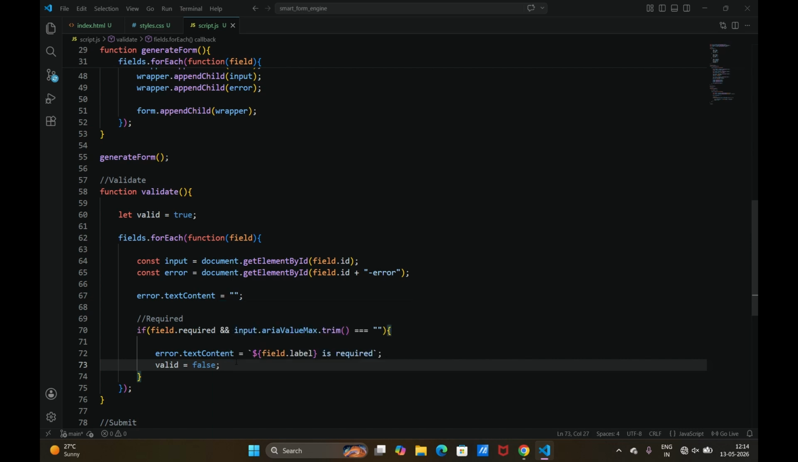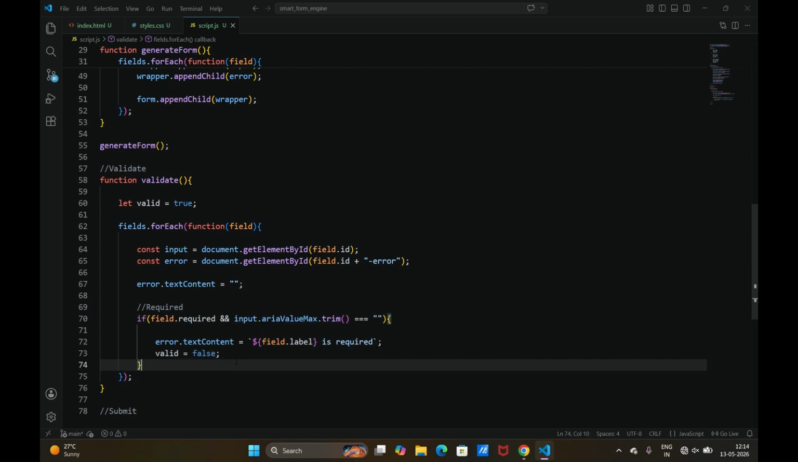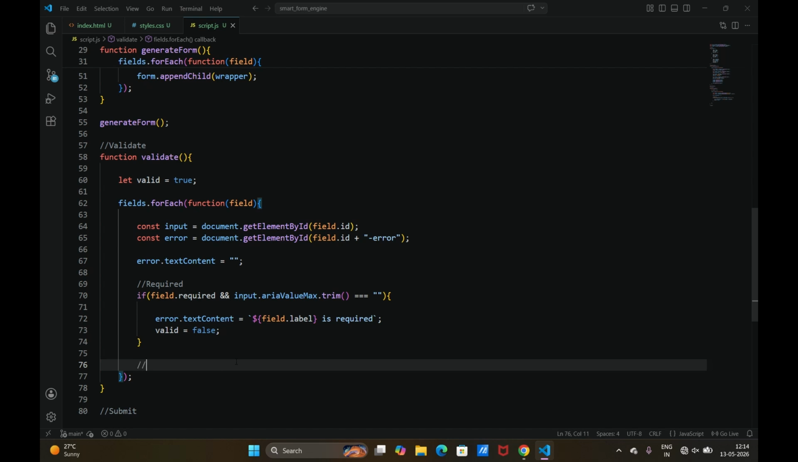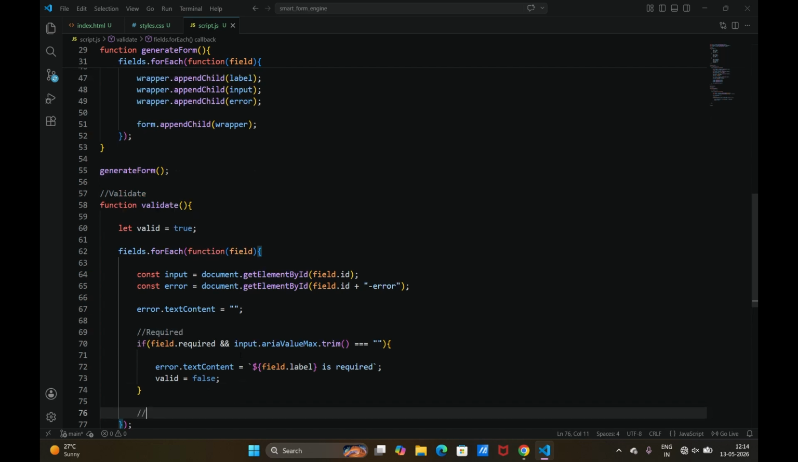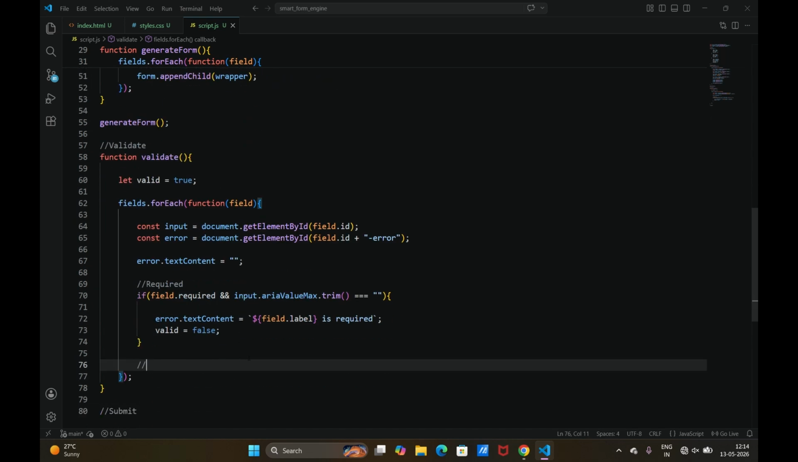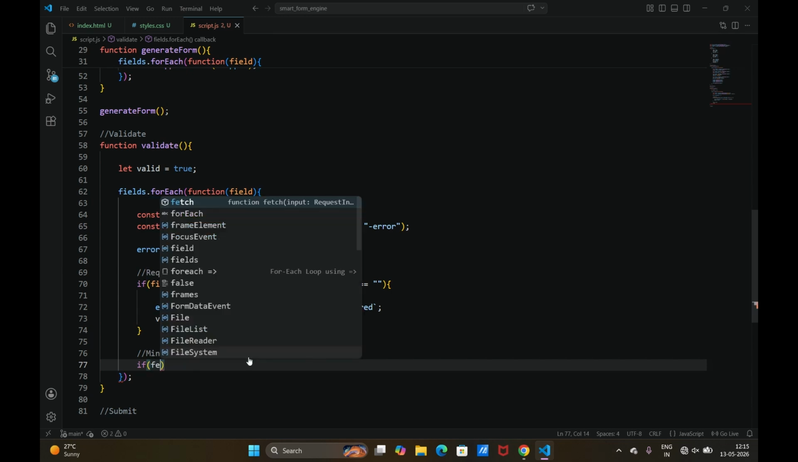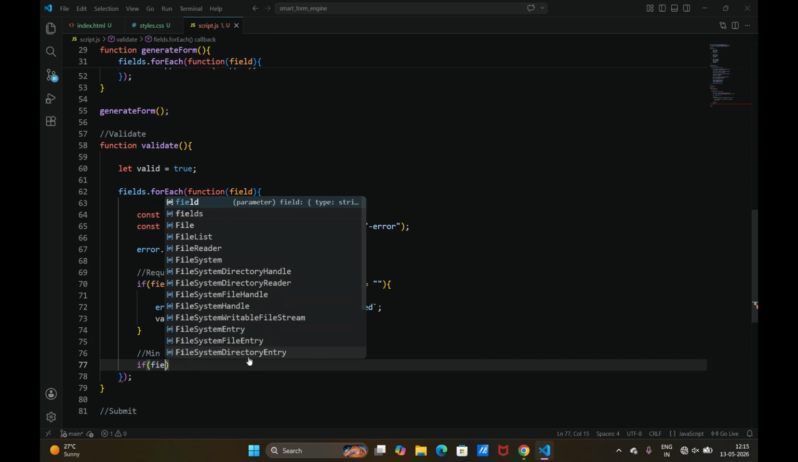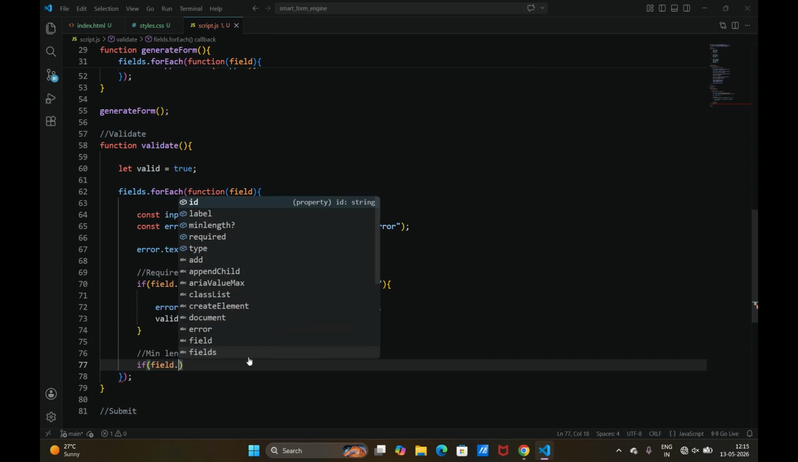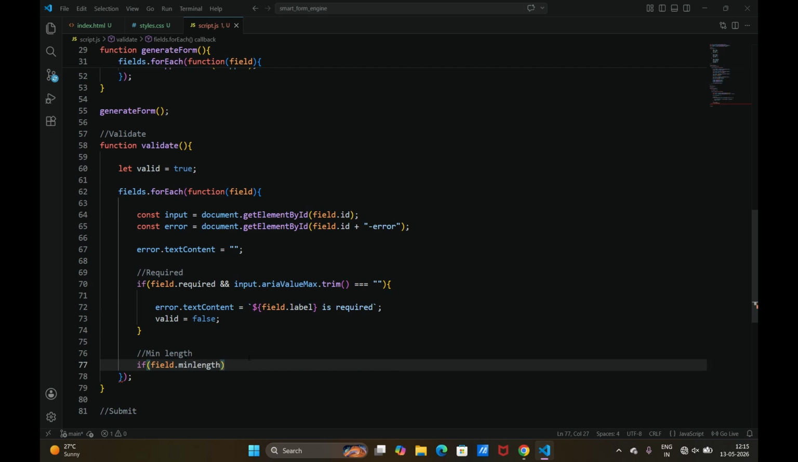And now there is a password. I have given the minimum length of the password as 6, so we have to validate that too. To validate the minimum length, if field.minimumLength